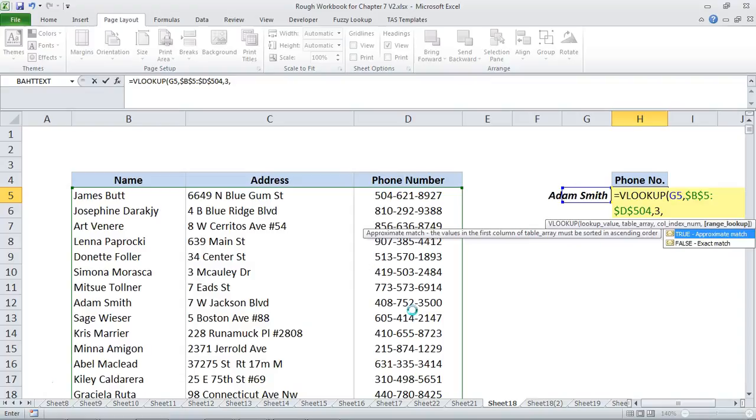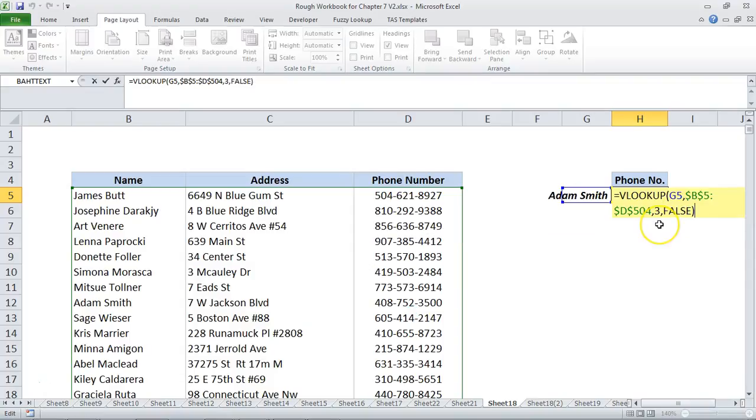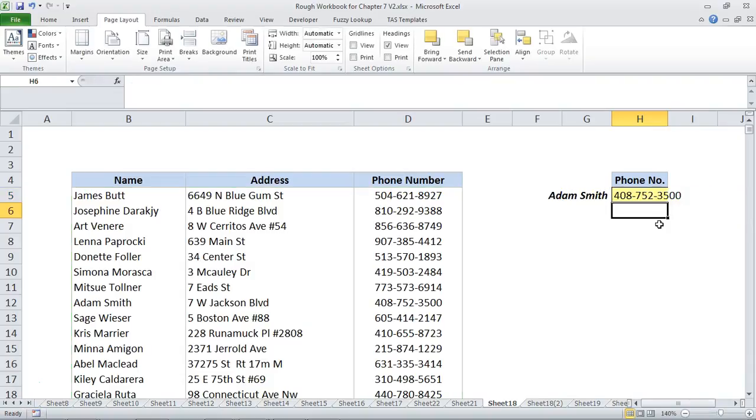It tells Excel whether you're looking for an exact match or an approximate match. If we enter FALSE, Excel will look for exactly Adam Smith. And if we enter TRUE, Excel will look for the nearest match of Adam Smith. For almost all practical purposes, we should set this argument to FALSE. And now, if you press enter, you can see that we have been able to look up the phone number